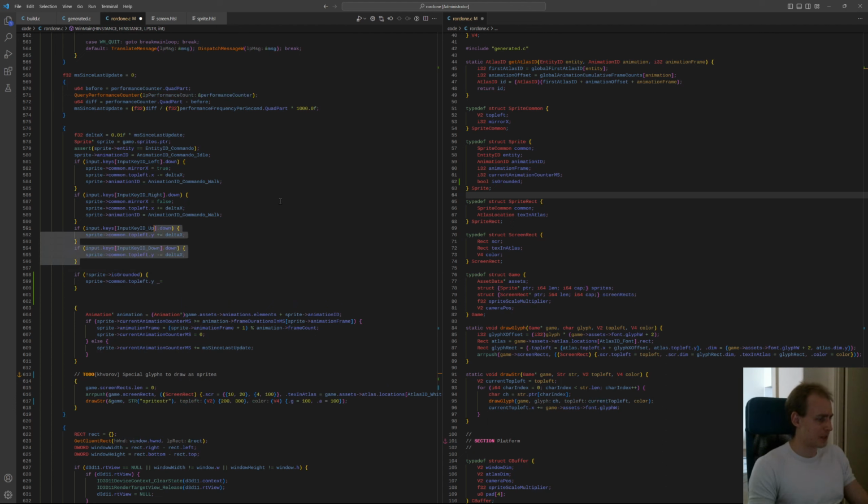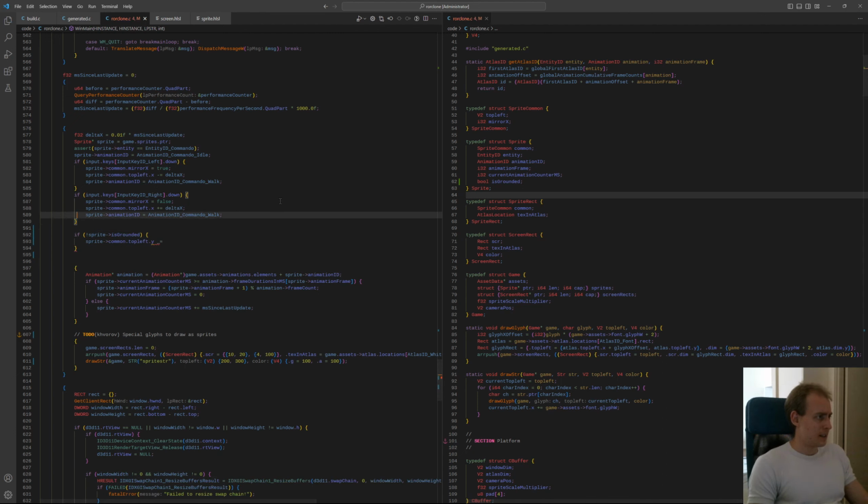Yeah, that's probably not something that needs to happen that way. That doesn't really make sense. Top left Y minus equals, oh, well, Y goes down and in our world space it's Y minus equals. I mean, there is no delta Y, but